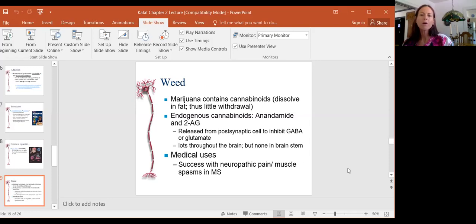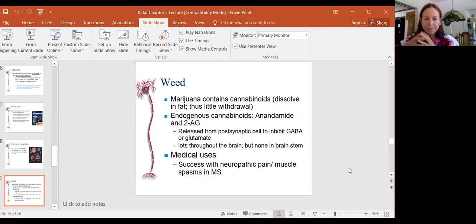Okay, well, there are some endogenous cannabinoids, meaning chemicals that already exist in the brain that do the same kinds of things as marijuana. Those are anandamide and 2-AG. Those are released from postsynaptic cells. So here's a postsynaptic cell over here, remember? Normally we would see the release going this way, but this is a retrograde neurotransmitter. It goes the other direction. And what they do is they inhibit the presynaptic cell from releasing